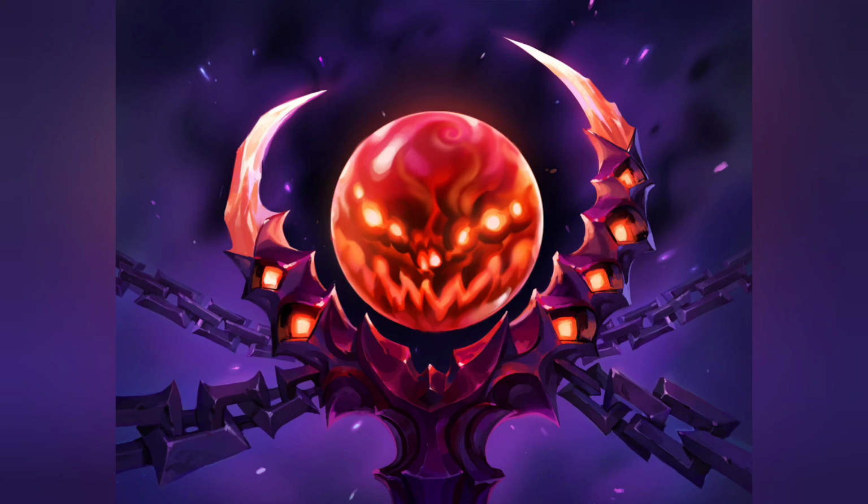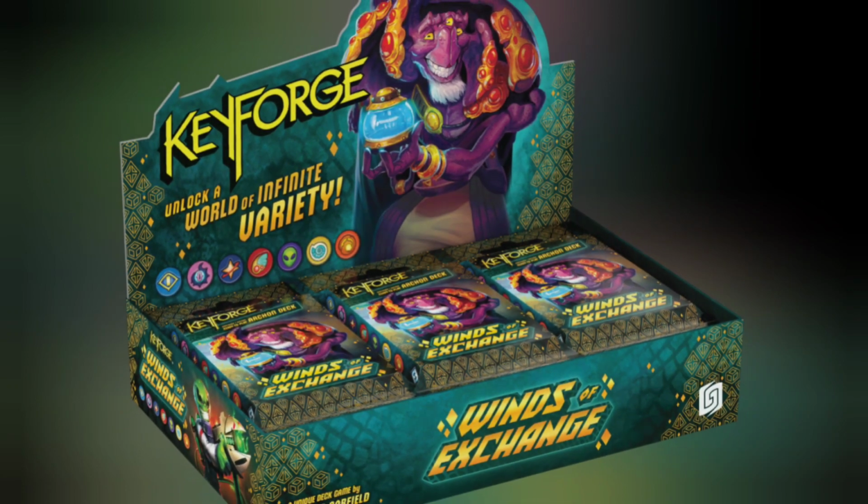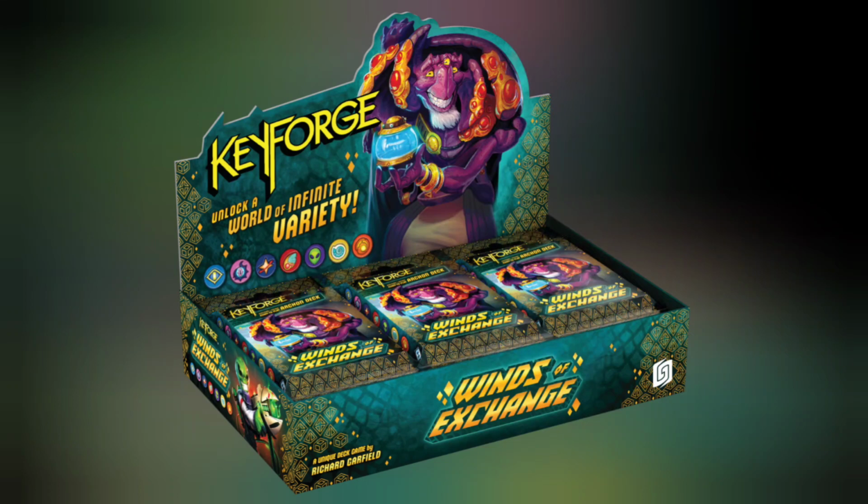Hey guys, welcome to this KeyForge video where we will be looking at the different houses in Winds of Exchange and what exactly they do. So, to start off, Winds of Exchange consists of 7 houses: Brobnar, Saurian, Mars, Ekwidon, Star Alliance, Unfathomable, and Sanctum. And each of these houses has its own unique thing that it comes out with, such as